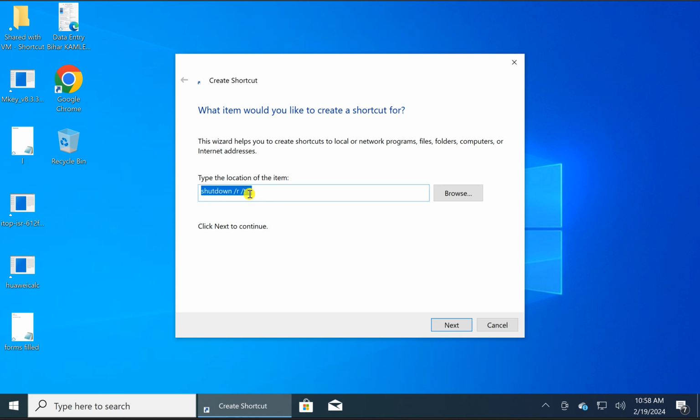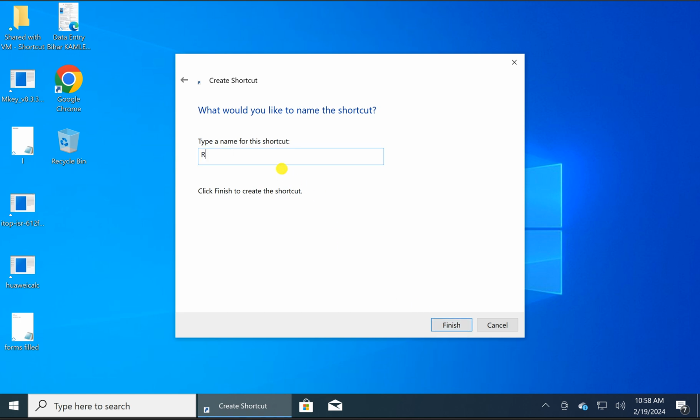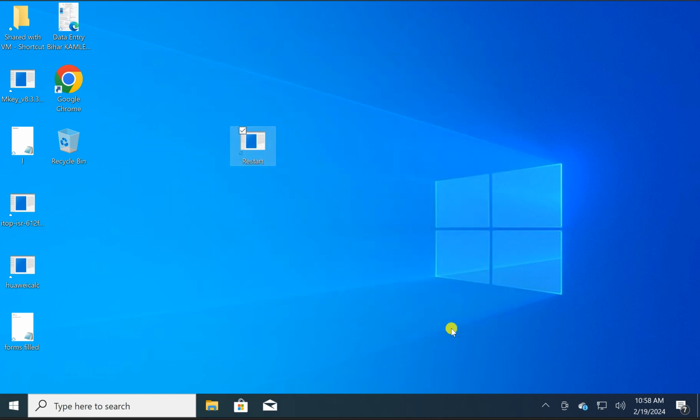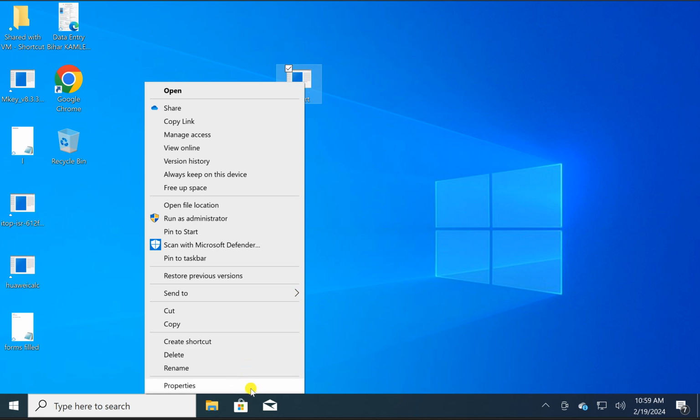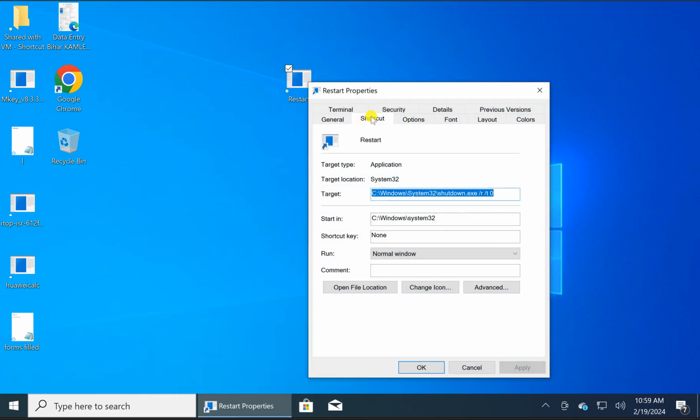I will also provide this one command in this video description so you can copy or refer to it if you need it. After typing here this one command, click on this one next button, name it restart, then click on this one finish button. Now if you want to change its icon, right click on this one shortcut, select here properties option, then